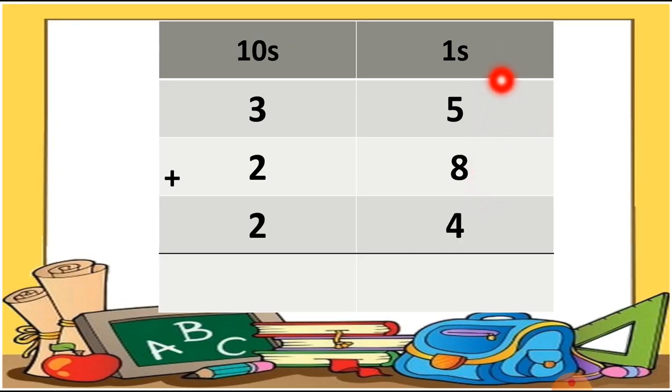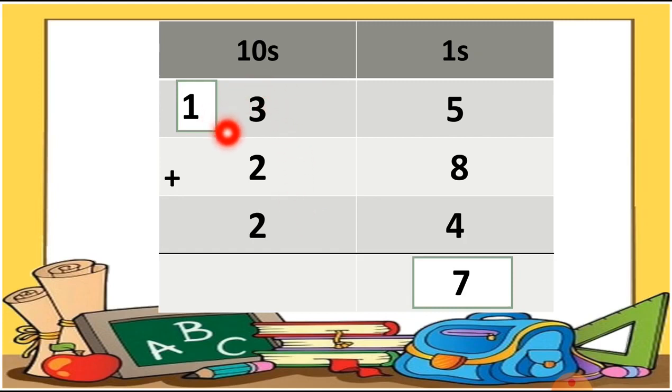So we have to add these three numbers together at the ones column, and the total is 17. In this number 17, we have to write down the last digit, which is 7. So I write number 7 here and put 1 as a carry forward number at the tens column. Now the ones column is complete. Let's move to the tens column.